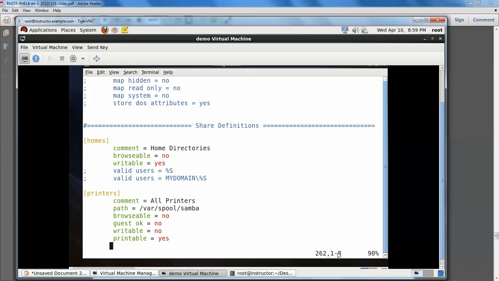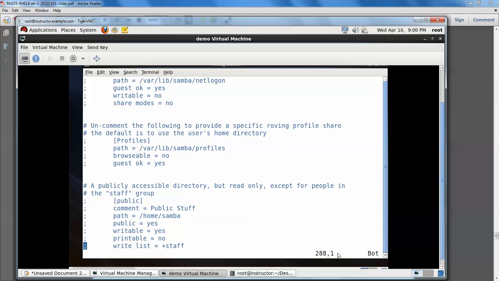Comment all printers, and the path /var/spool, browsable if you give yes, and guest ok yes, then those users are able to print. And if home directories are to be accessed, you can give homes, browsable and writable. You should mention the valid users there. If you have created any user files under that home directory, how will they be accessed? That's what we are going to do now.